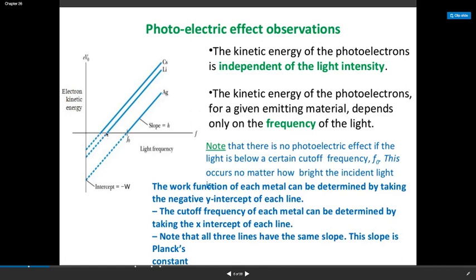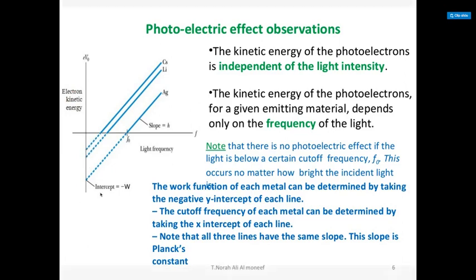So obviously, in this case, the more reactive the metal, the higher the electron kinetic energy, and the lower the threshold frequency. The kinetic energy of photoelectrons is independent of light intensity. The kinetic energy of photoelectrons for a given material depends on the frequency of the light, and if the frequency is below the cutoff frequency or work function of the metal, then it is not observed. So you can determine the work function by continuing this line backwards until it intercepts with the y-axis. That is the amount of energy required